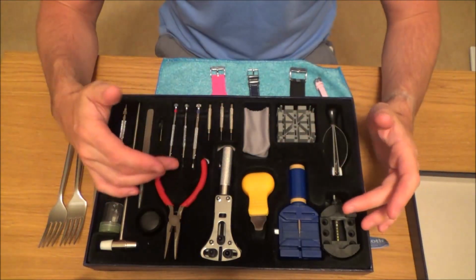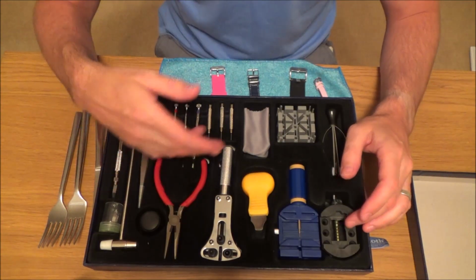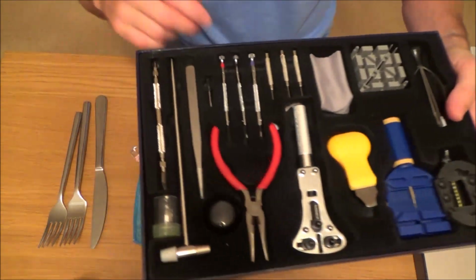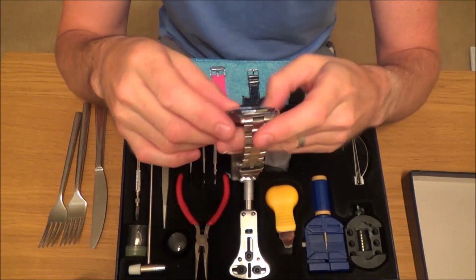But for someone like myself that only changes a battery once a month, or I have friends and family sometimes want their batteries changed, they pop them over to me, then this is ideal. So I might use this 2 or 3 times a year, and believe it or not, you can do quite complicated jobs. Now with this Tag watch here, not only do I change the batteries, but I have actually had